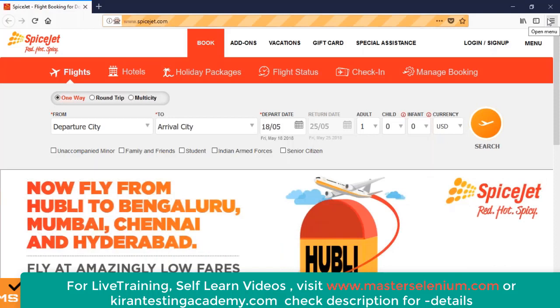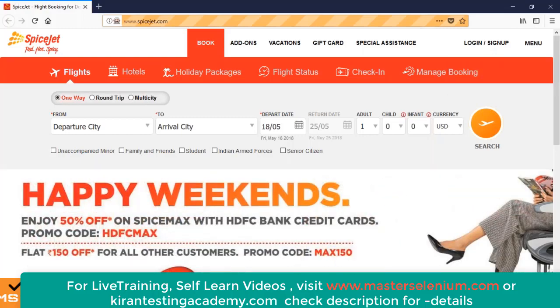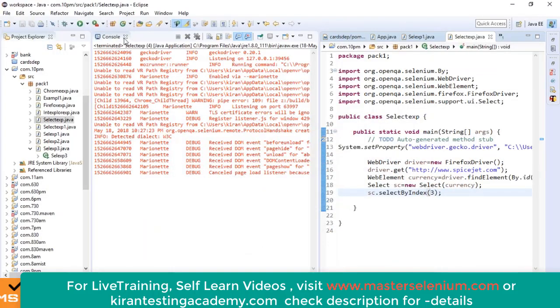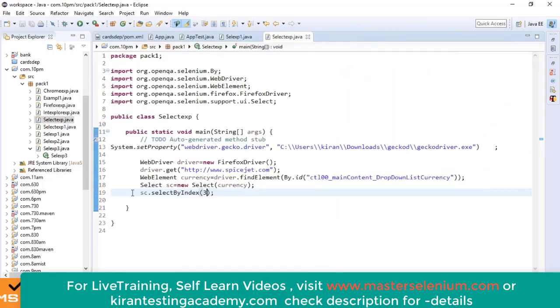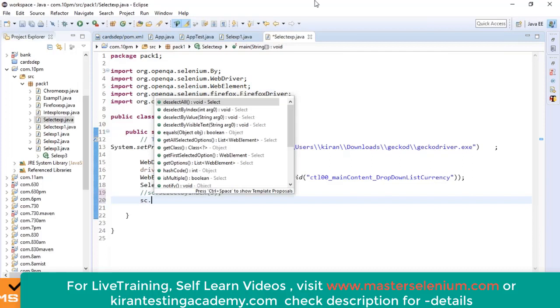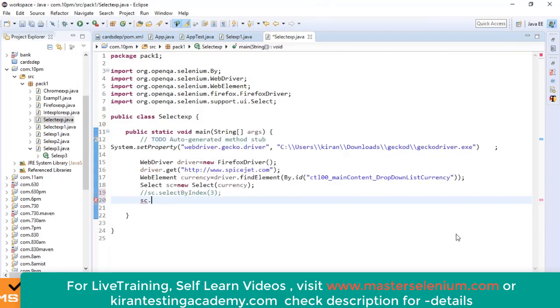Next. So here we have three options to handle this. One, using index number. Other one, let me comment out this index number here. Before we go to the other one, I just didn't get the point for the second line. Select. Just see, the reason behind this script and the reason behind this are much similar. What happened is here,